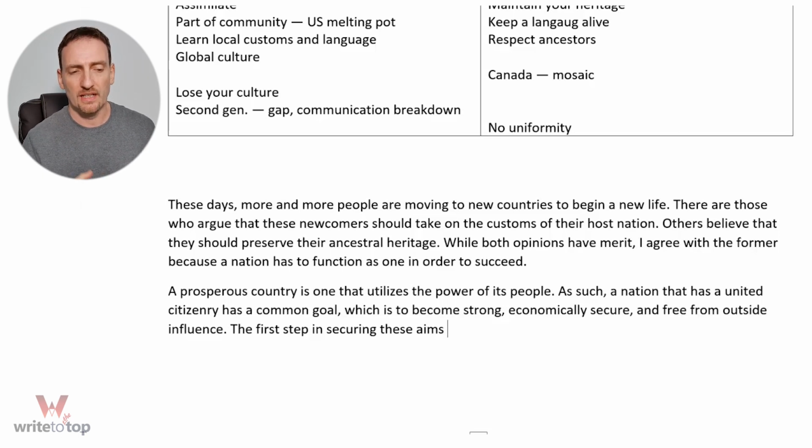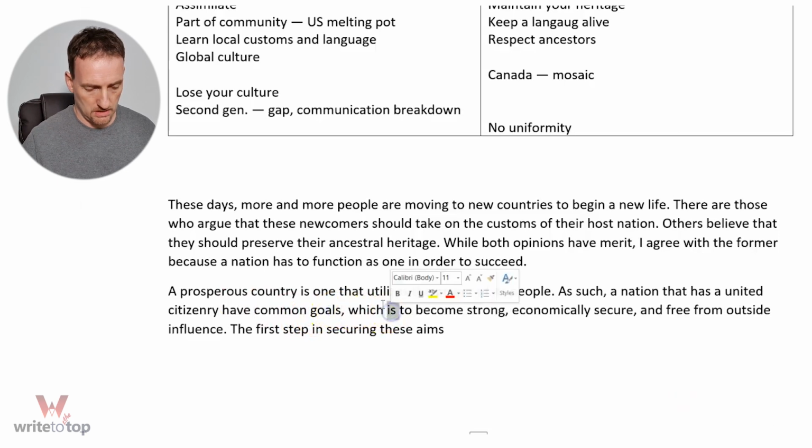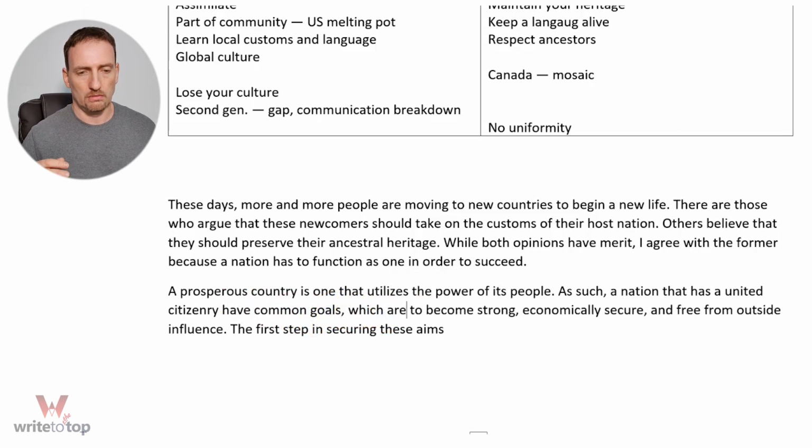They have all the people working together for a common goal, so have common goals, I should say, which are to become strong, economically secure. So strong could be like militarily strong, economically secure. They have money, everybody is pretty well off, nobody's living on the streets, or hopefully everybody has a job, and free from outside influence. They don't want other countries telling them what to do, when to do it, how to do it, etc. So the first step in securing these goals, aims, synonyms,